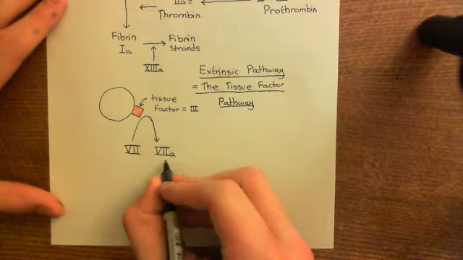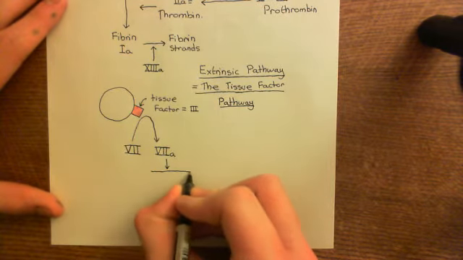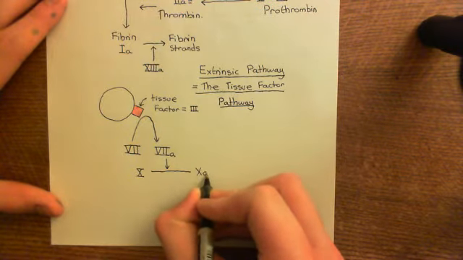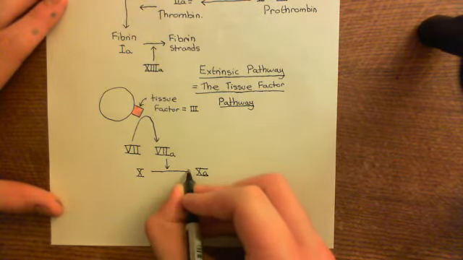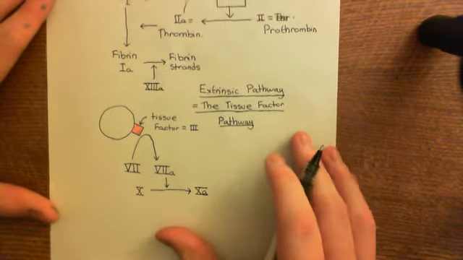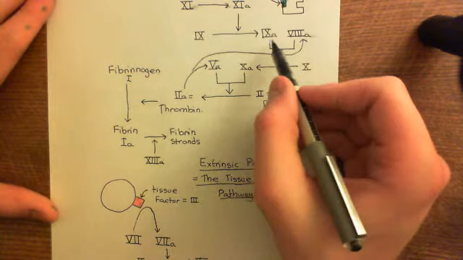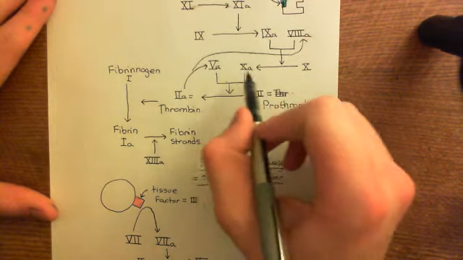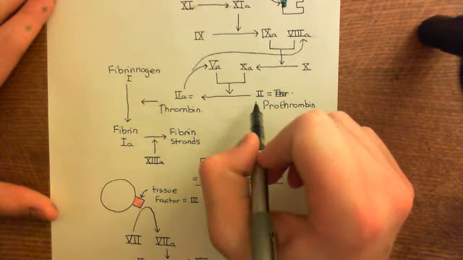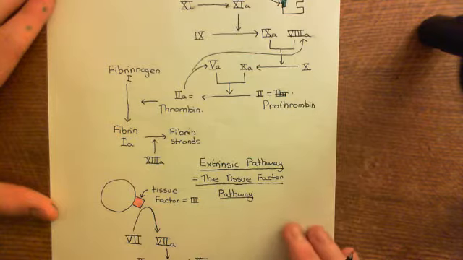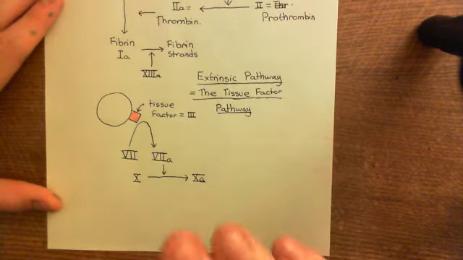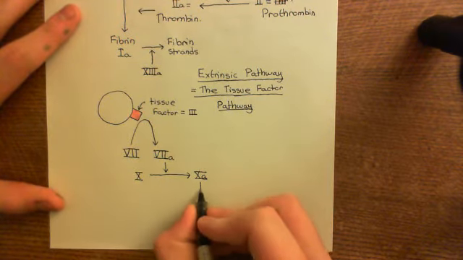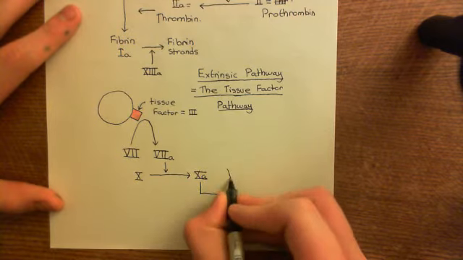Okay, and then 7A catalyzes the conversion of factor 10 to 10A, and after this it's the same as what happens in the intrinsic coagulation cascade. So remember, in the intrinsic coagulation cascade, this complex of factor 9A with factor 8A activated 10 to 10A, and then 10A combined with 5A to create an enzyme which converted 2 to 2A. Well, factor 7A doesn't need a cofactor. It can do the reaction on its own, but the 10A that it activates still requires its cofactor 5A here,